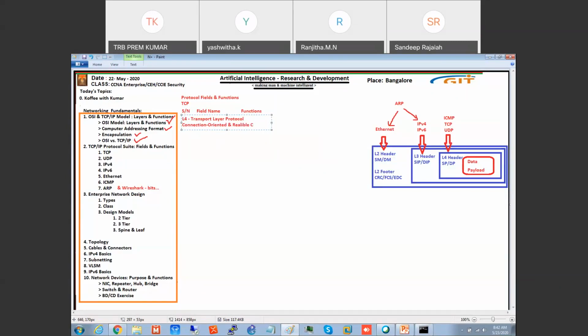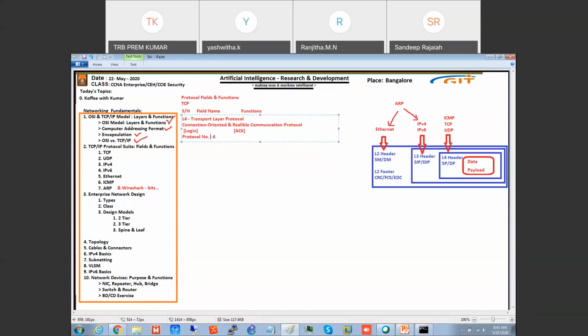Connection-oriented means you establish a connection before data transfer, and there will be an acknowledgement for each piece of data sent. Okay. And the protocol number is 6.